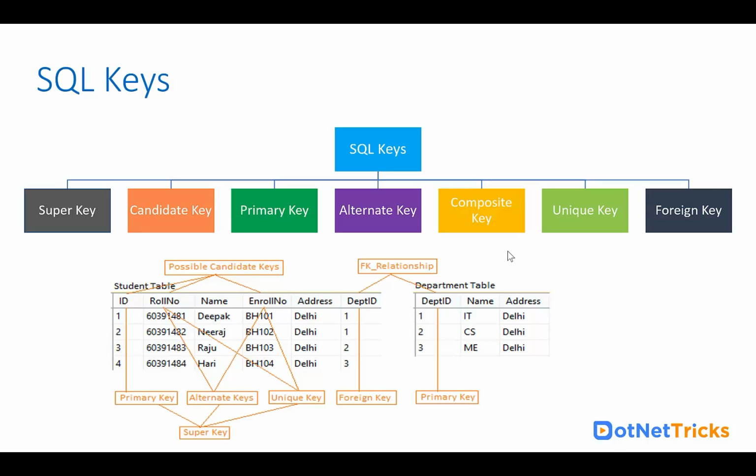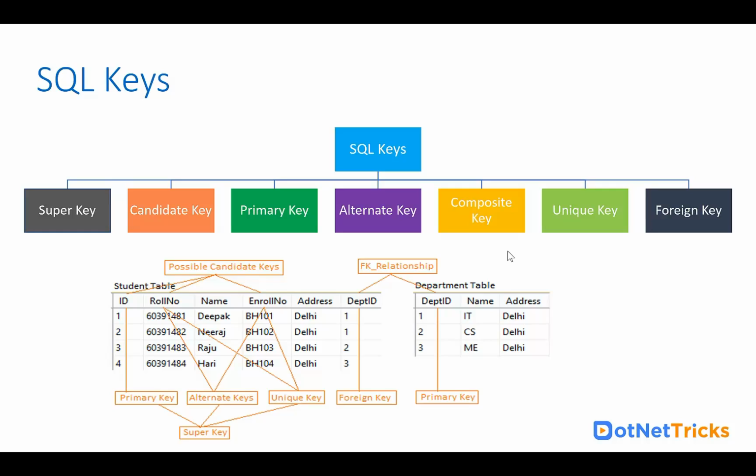I already explained the composite key. When we combine more than one column to uniquely identify a record in a database table, that is known as a composite key. A composite key is helpful to create the primary key. So let's say you can create a composite key using the name and the contact number, because usually a person has a unique number. The person's name can be the same, because two persons can have the same name, but two persons cannot have the same contact number. So you can use the name and the contact number to make a composite primary key.